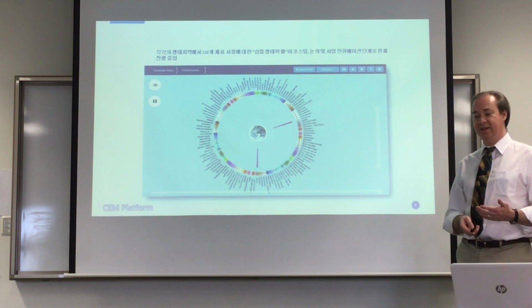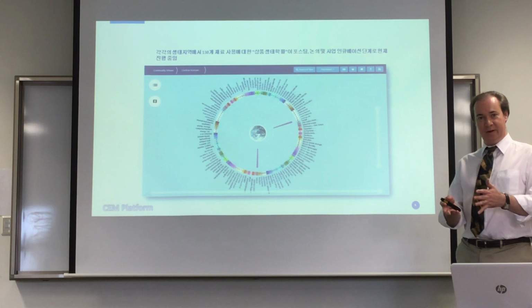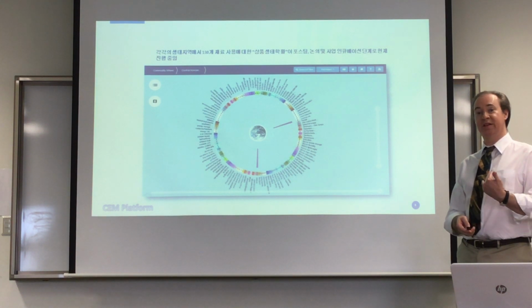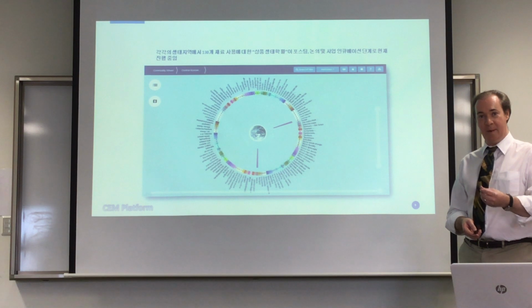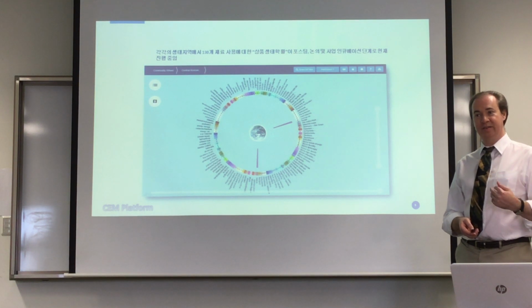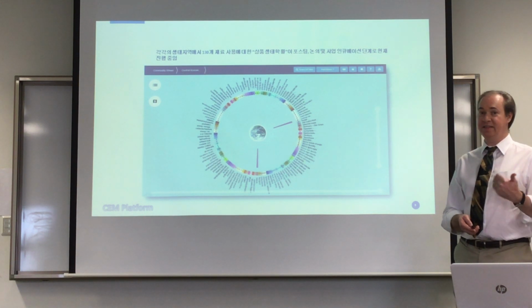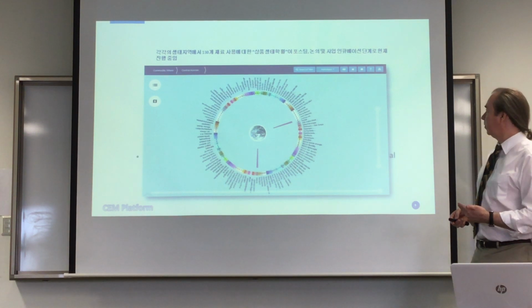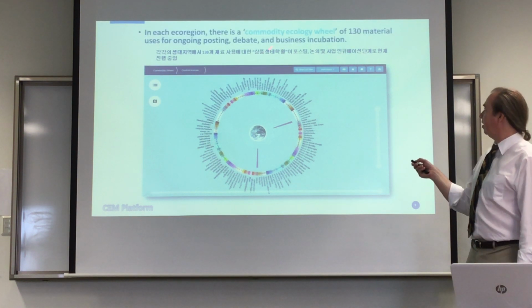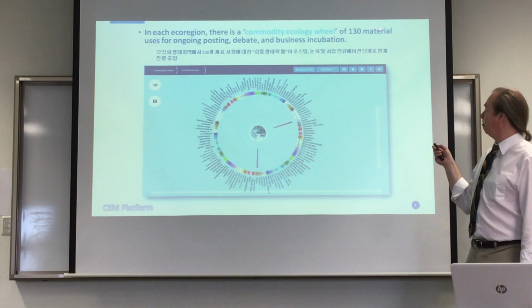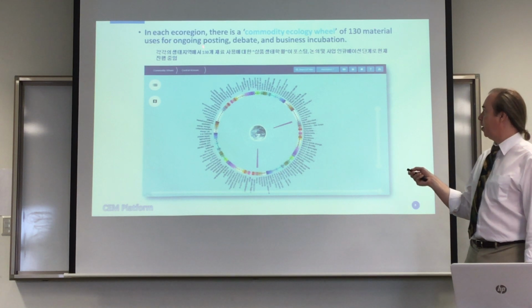And they can post simultaneously things in multiple categories if they want. They can also label particular important wastes that come out of those categories that they're interested in solving or interested in selling. So the point is, in each ecoregion, the commodity ecology wheel is the same, of 130 material uses for ongoing posting,